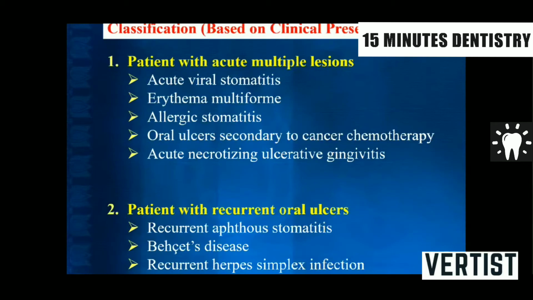Now you must remember the difference between a recurrent and a chronic lesion. The patient will give you a history of the lesion persisting since a long time. But in a recurrent lesion, there is a disease-free episode between 2 episodes of the lesion, whereas a chronic lesion persists at the same time. The recurrent lesion could happen at the same site or some other site, whereas a chronic lesion will be persisting at the same site. Examples of recurrent oral ulcers, all of you know, are recurrent aphthous stomatitis and Behçet's disease.